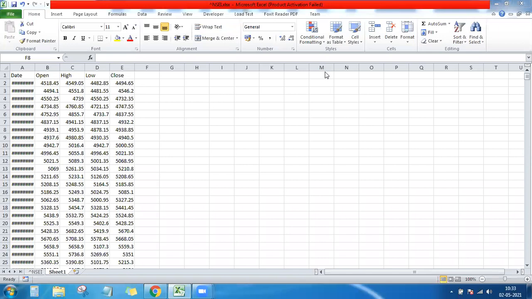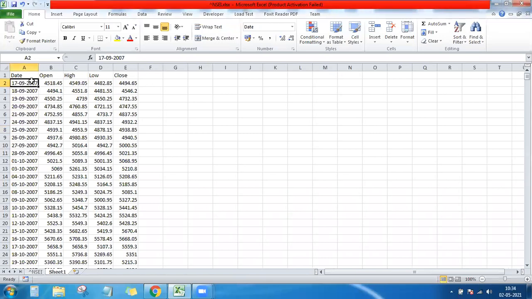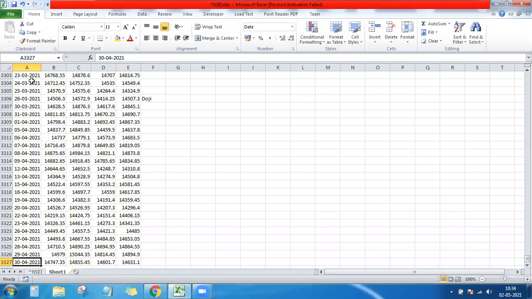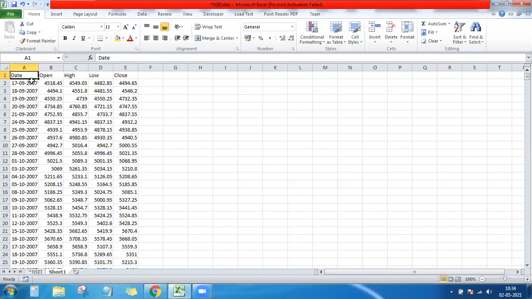So first part of the session would focus upon the candlestick patterns. When you have the data like this, open, high, low, close along with the date, yeah, this recording will be uploaded on YouTube. So you have open, high, low, and close with you. And now you want to construct the candlestick patterns on which day, what kind of pattern was observed. And the historical data that we have here is of Nifty, and it is from 2007 to 2021. Roughly around 14 years of historical data is available to us.